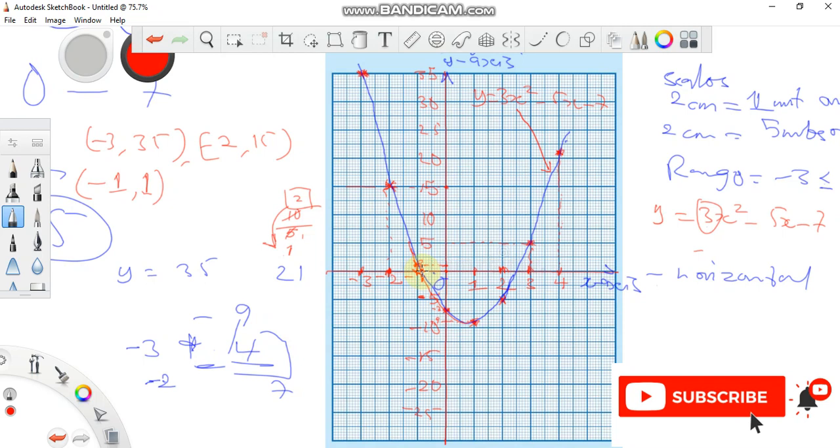Here it crosses the x-axis, and it crosses the x-axis here again. So wherever the curve touches the x-axis is the point you should note for the roots of the equation. So we say question C Roman 1, the roots of the equation. So the roots are,